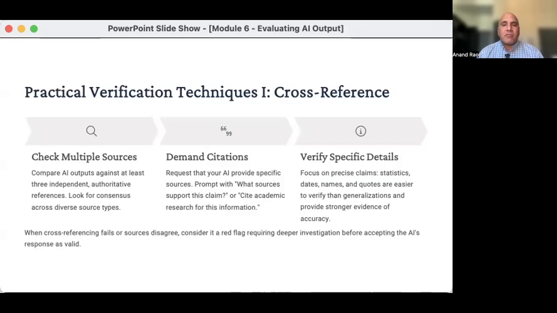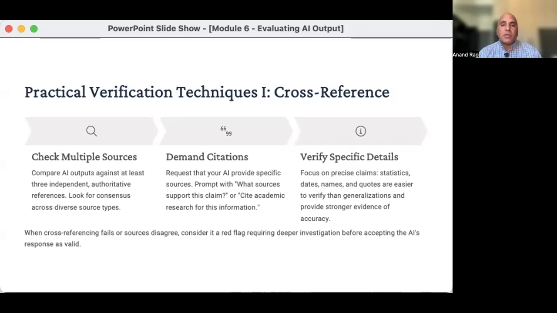To verify AI-generated content effectively, it's important to cross-reference information with multiple reliable sources. Check for citations or ask the AI platform, if it has web search, to provide its sources. And when it does, be sure to check them. Look for specific details that can be independently verified. Using a model with web search can help you answer some of these questions by finding credible sources, but don't assume that that web search means the chatbot's output is already verified. It can still hallucinate, and can still even hallucinate what it says as a web output. They're getting better, but they're not perfect.